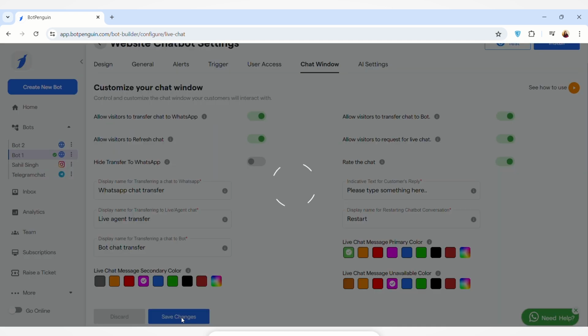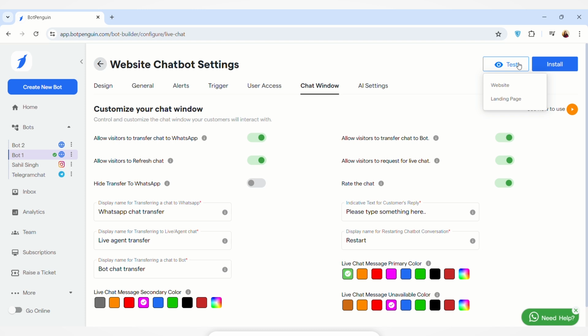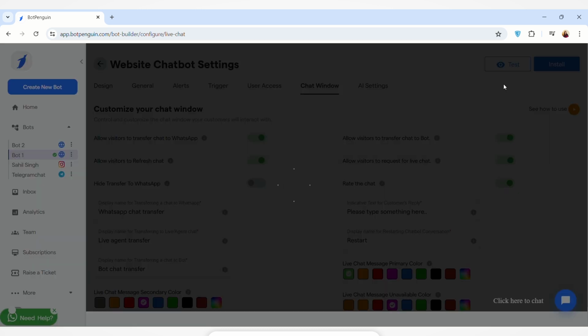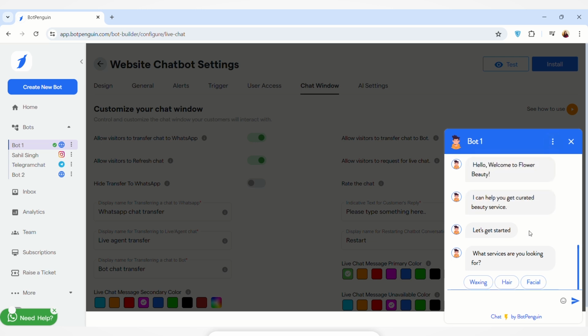To save all these changes, we will click on the Save Changes button. As you can see, the changes have been saved successfully. Now we will test it on the website. Now when I click on these three dots, you can see all the display names have been changed according to what I entered there. Also, when I initiate a live chat and when the live chat will be started, so